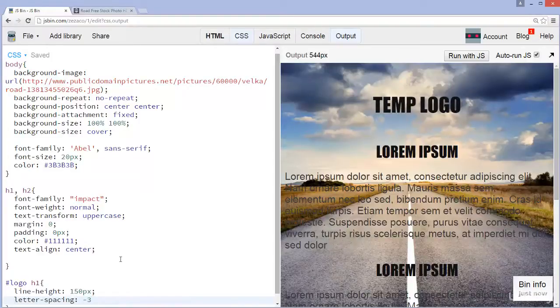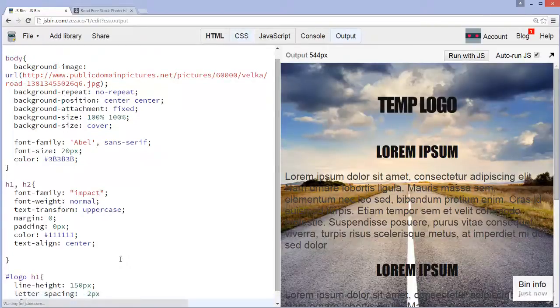You can also do -3 pixels if you want. Let's do that for a minute. Let's do -2 pixels. It kind of scrunches it together. Okay, and then we're going to do font-size, and the font-size is going to be 9.5em, and